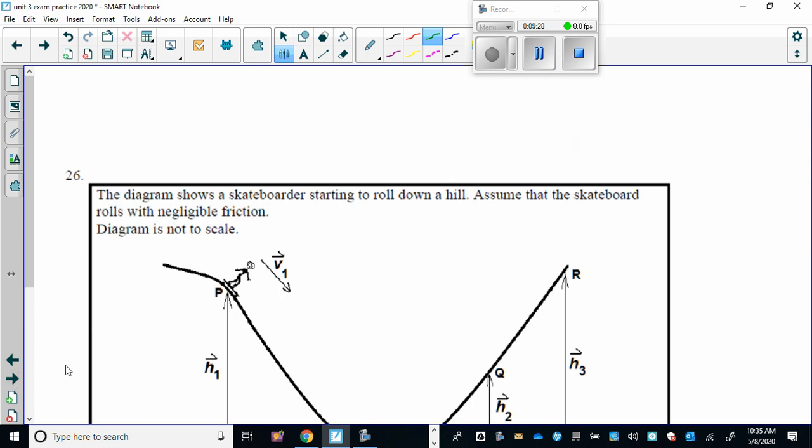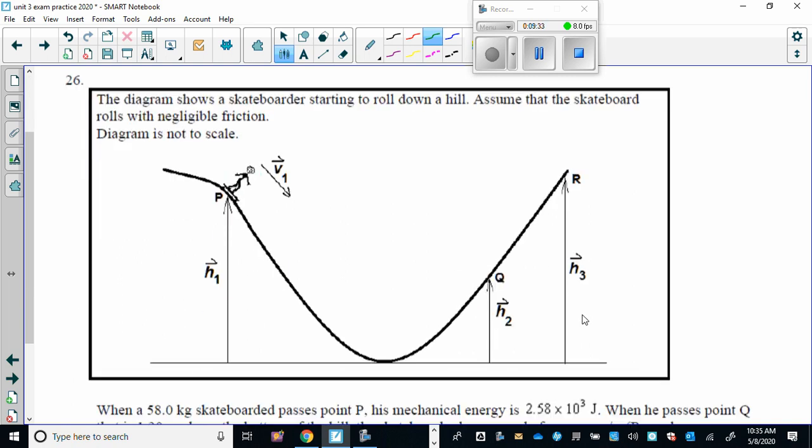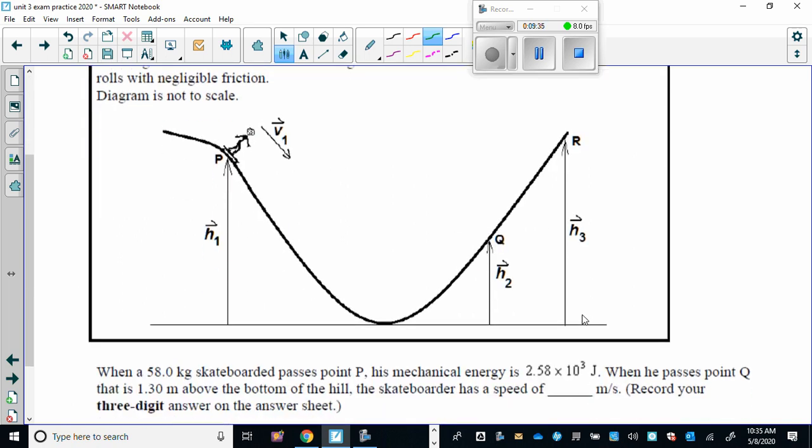Okay, we've got 2 questions left. So here's another skateboard question. This is a good question, because this one is asking you to calculate the speed at this point here. So there's the skateboarder at this point, and they've made this question a little easier. Instead of telling you what the velocity and the height at this point is, they've given you the mechanical energy. So they're saying at this point, the mechanical energy is